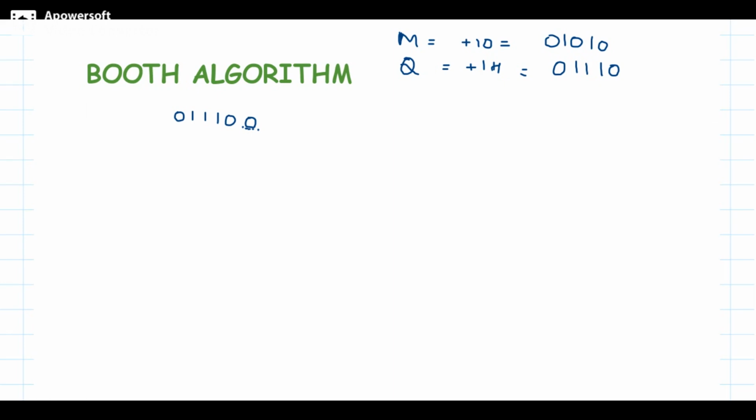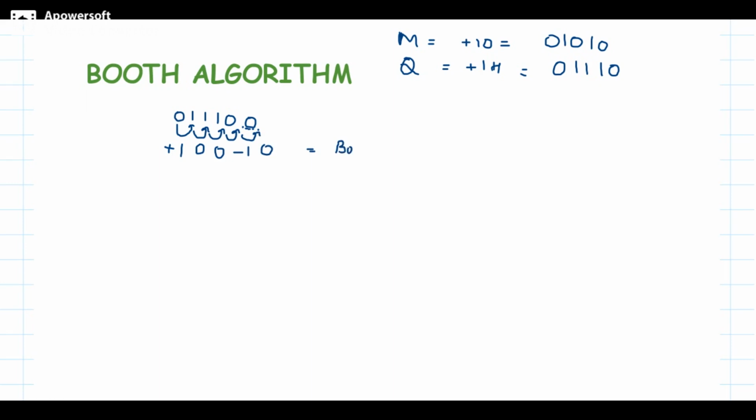Now I'll check the transitions. The transition from 0 to 1, that means plus 1. 1 to 1, that means 0. 1 to 1, once again 0. 1 to 0, minus 1. 0 to 0, that is 0. So this is nothing but